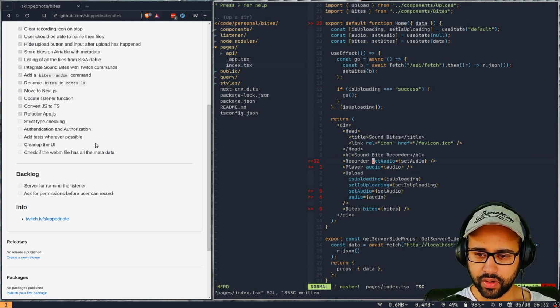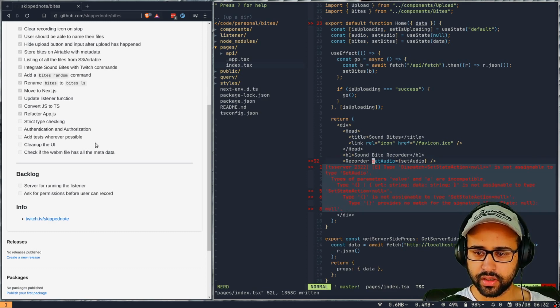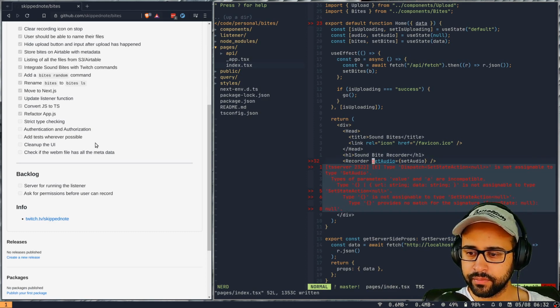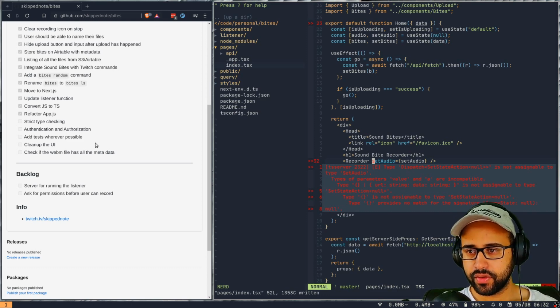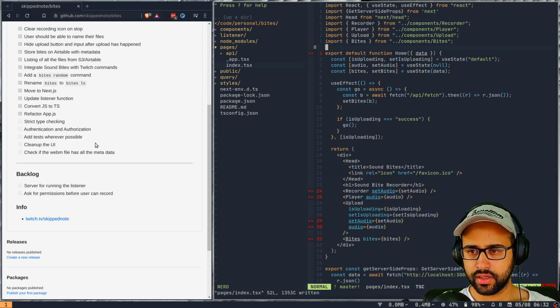We have set audio here. Now set audio says that type parameter value and a are incompatible. Type empty object or this object are not assignable to... Okay, so first of all, this is set audio, right?